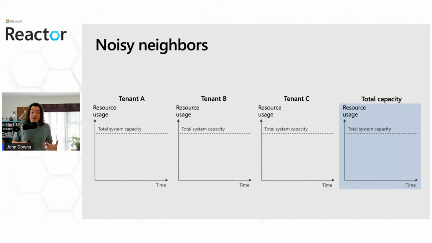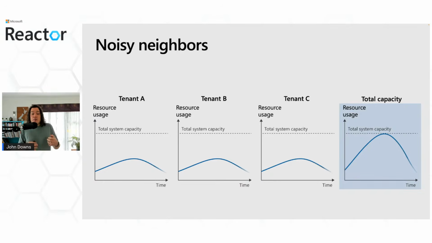You can even get the noisy neighbor problem if each of your tenants' workloads are relatively light, but they happen to overlap in a way that can exacerbate the problem. So for example, here, you can see that the total amount of system capacity used by any individual tenant is quite low, but overall, the system capacity gets used up to a pretty high maximum value, which means that any other tenants that start to use the system will see failures.